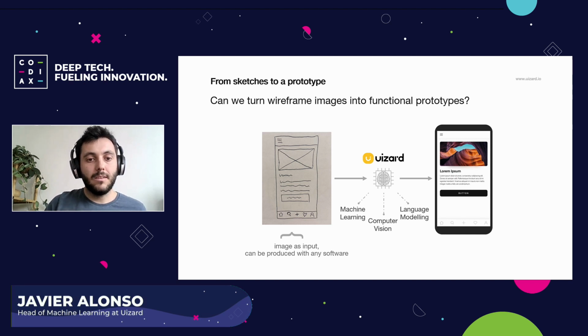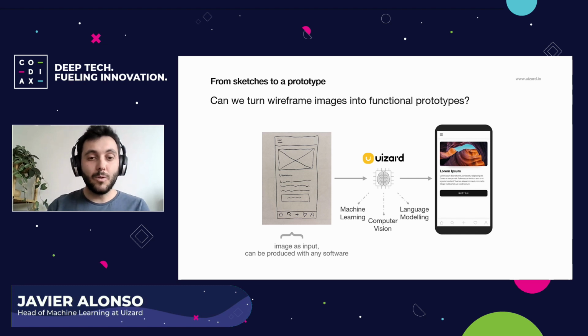Can we take a picture of a wireframe and then automatically convert it into a high-fidelity design? So the idea is that anyone can draw whatever they want on a piece of paper, or in software, a rough sketch of how their app will look. And then we leverage all of these cool technologies, machine learning, computer vision, language modeling, in order to get a finalized, ready-to-test app.